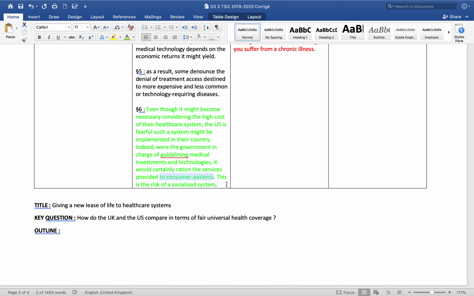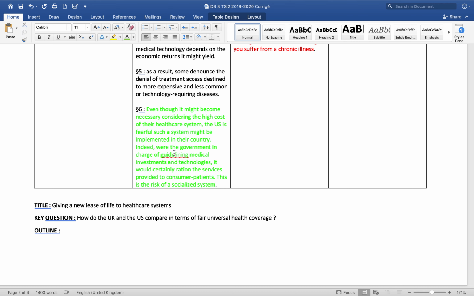This is once again what I've explained earlier. So I will try to make it a bit clearer for you. Remember what I said: in the US, the patients are like consumers. They ask for what they want. It's not the doctors telling them what they should have. It's the patients who want to have surgery who ask for what they want because they pay private companies to do so. So they have all the privileges they want, right?